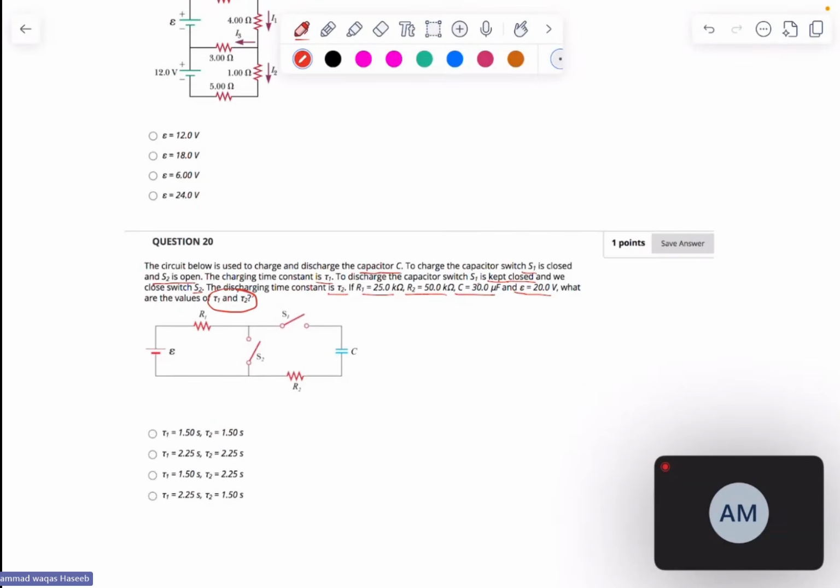The charging and discharging of the capacitor in an RC, resistance capacitance, circuit is calculated by this simple formula. Just multiply the resistance and capacitance. This is the tau constant, which is the time required to charge or discharge. So for charging, T1, this is charging. So this is T1, which is R1